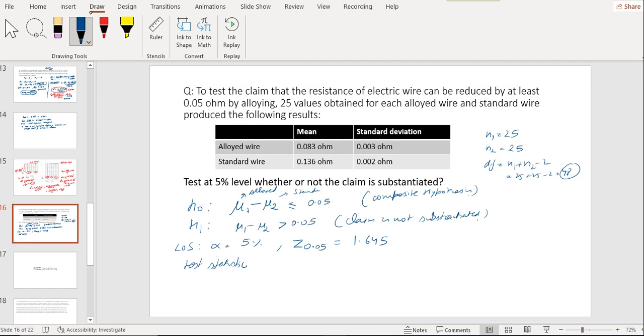The test statistic will be t is equal to (x1 bar minus x2 bar minus (mu1 minus mu2)) upon capital S into square root of (1 upon n1 plus 1 upon n2), where capital S square is 1 upon (n1 plus n2 minus 2) times (n1 s1 square plus n2 s2 square). So to calculate this particular part,